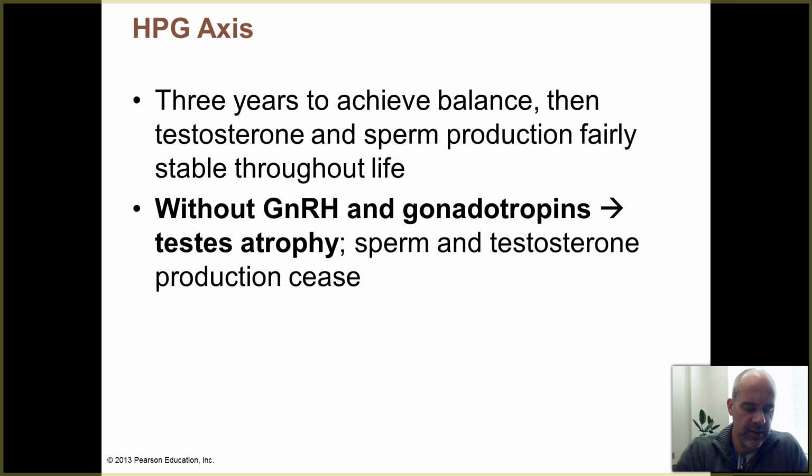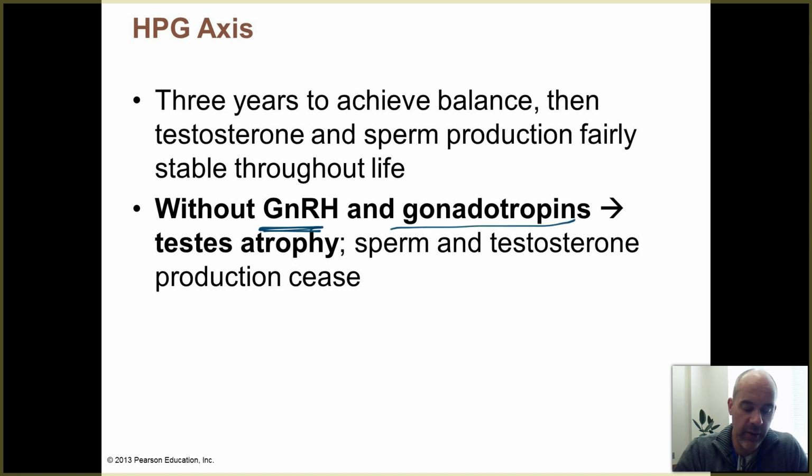All right, so when these processes start at puberty in a male, it takes about 3 years to achieve balance, and then from that point forward, testosterone and sperm cell production are pretty stable throughout a man's life. Of course, they're going to start to decrease when he gets really old, but you guys know there are men in their 80s and even older who have fathered children. If you don't have GnRH,